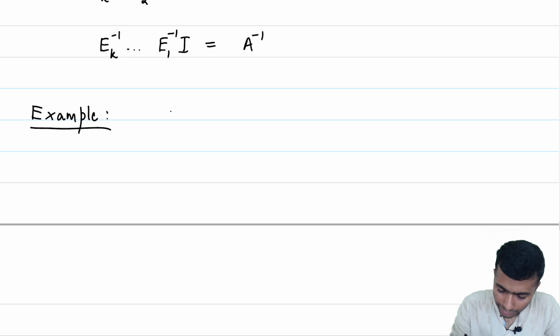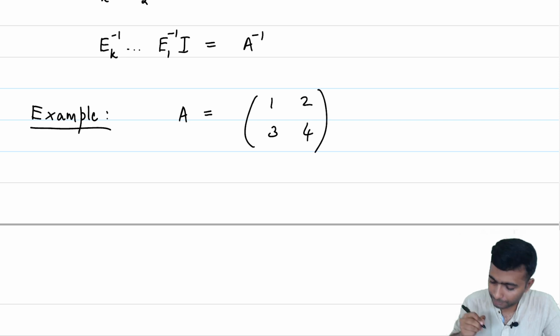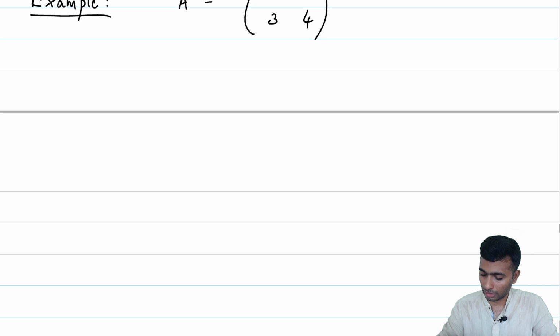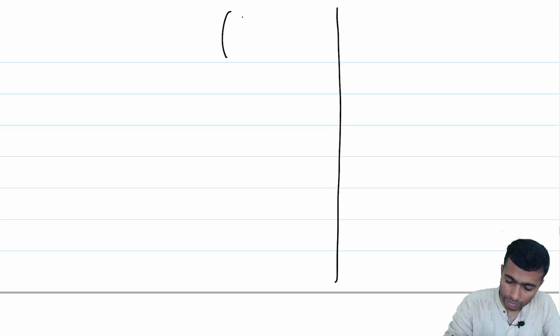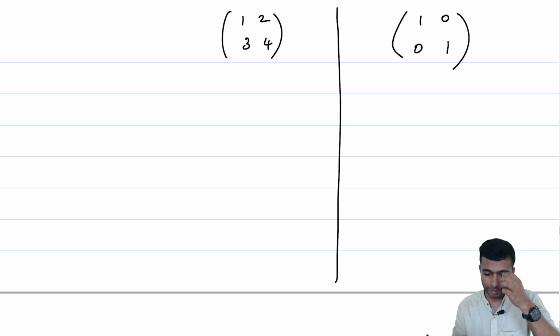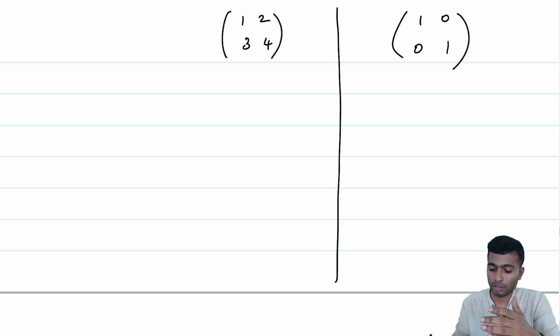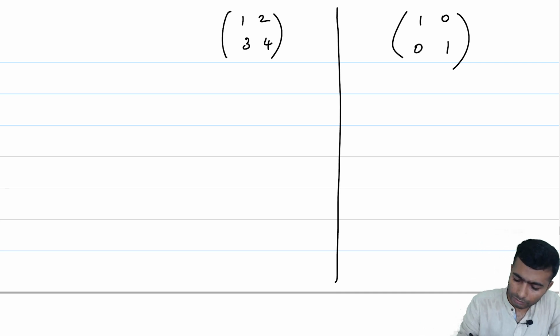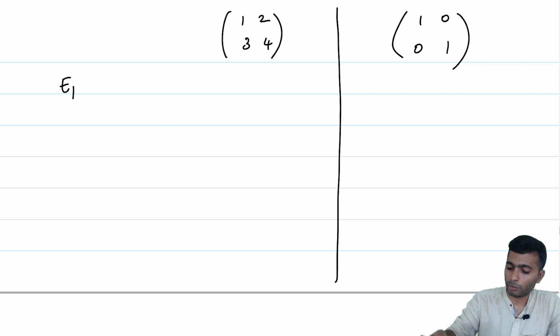Let us take a simple straightforward matrix that we can think of. Let us take say 1, 2, 3, 4, and let us see whether we can use this algorithm to calculate the inverse of A. So, let me divide the next page into 2, and let us capture the first matrix here and the identity matrix here. Let us apply the same elementary row operations to both these matrices. Let us try to reduce the first one to identity, and let us see what we get in the second one.